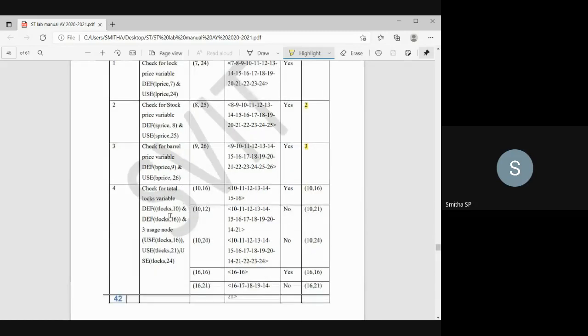And for the same variable total logs, which is defined at node 16. Here it has been defined once at the 10th node, and it is being defined once again in between. If you go through the program, you can observe one more total logs there, which you will be using for the updation.